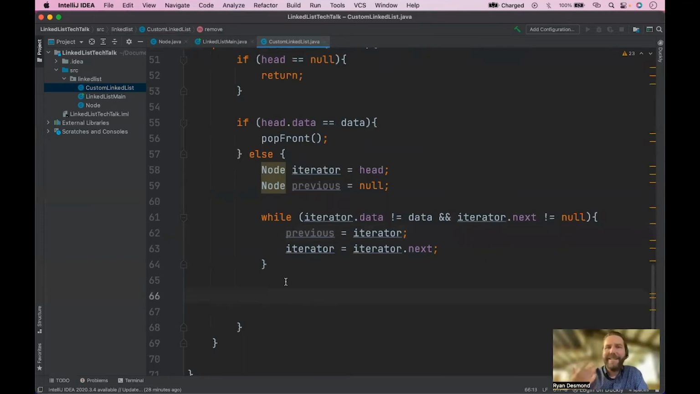So when we exit this while loop, we can know that we either have found the node that has the data that we want to delete, or we've found the end of the list, and there's really nothing else to do. So I'm going to check the easier one first. I want to check if we've found the end of the list, right? So I could say if iterator.next equals null,